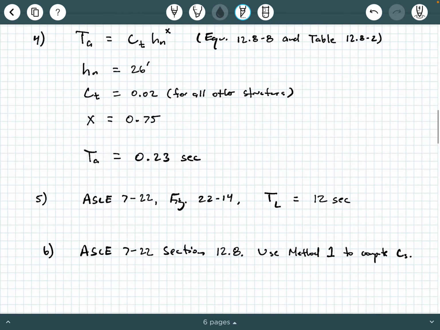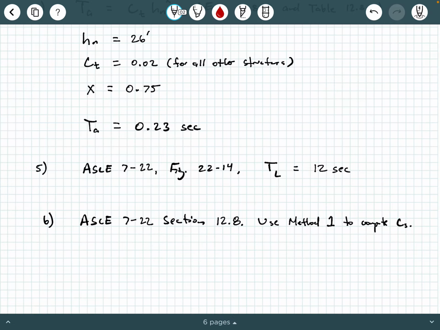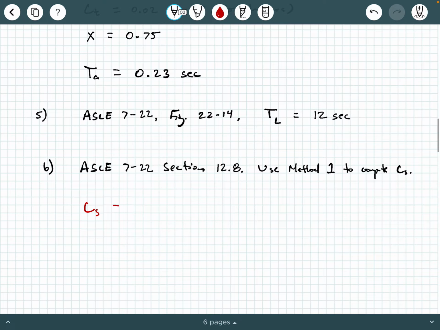So the next thing we're going to do is return to ASCE 7-22 section 12.8, and we're going to use method 1 to compute our seismic response coefficient, okay? So how do we compute this? Well, we're going to say C sub S equals, and again, I'm on page 124 of ASCE 7-22. That's going to be a spectral acceleration times our earthquake importance factor I sub E over that modification factor R,